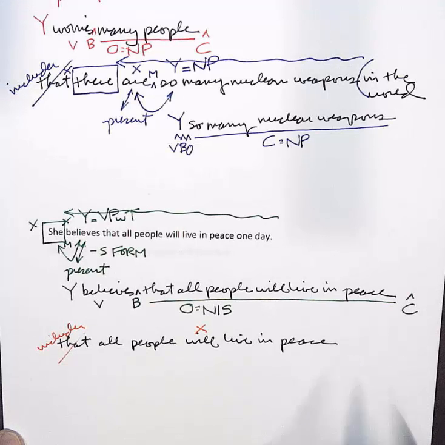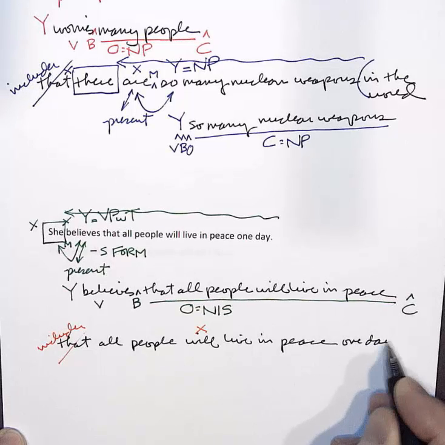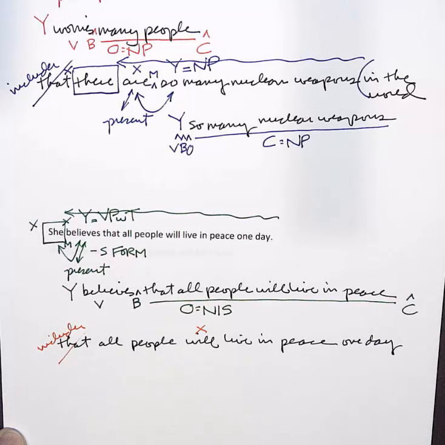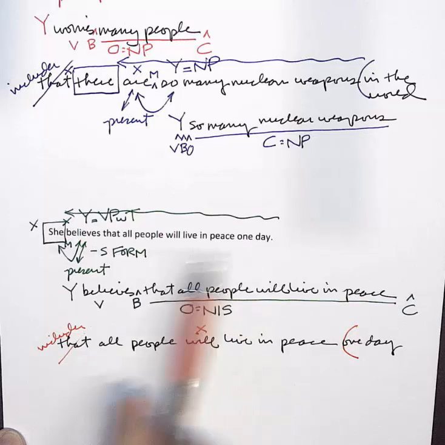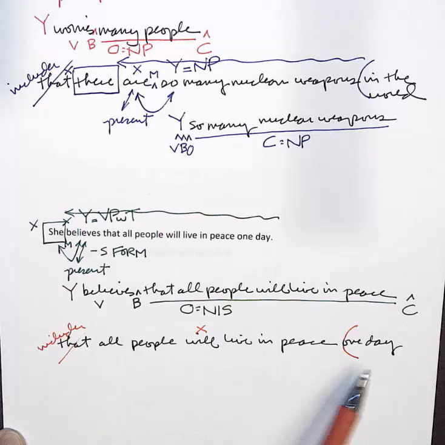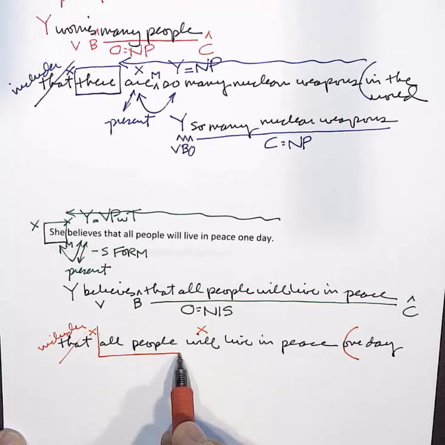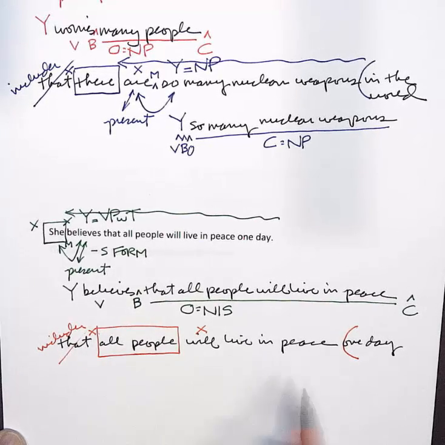did I forget something? Oh, yeah, I did. Will live in peace one day. Okay, so one day all people will live in peace. That's what I felt up here, is that one day doesn't go and tie, believes doesn't tie with one day. This makes more sense. The will live in peace ties with one day. That's the time. Okay, so will is the X, other X word place over here, the subject,